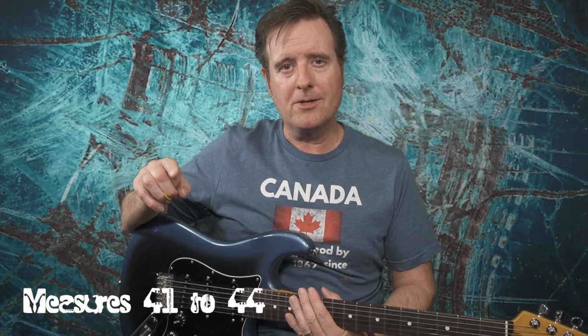Going to measure 41, we're still in the trumpet solo, but we're changing things up rhythm-wise. We're going from the pick back to our fingers. I keep mine between the 2nd and 3rd fingers. Mayer seems to keep his between the 1st and 2nd. Don't ask me how I can play and do that at the same time, but he can. Doesn't matter what you do with it, as long as you keep it handy, because you're going to need it later. When we go into this,